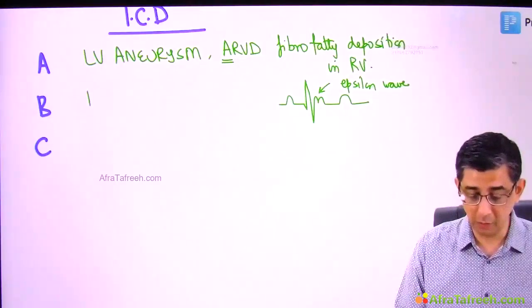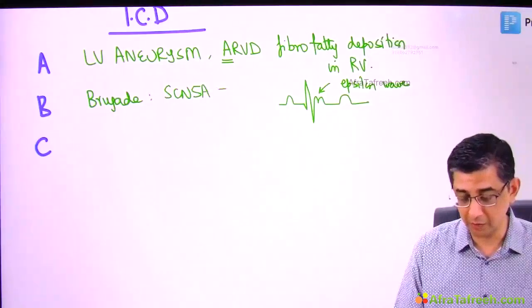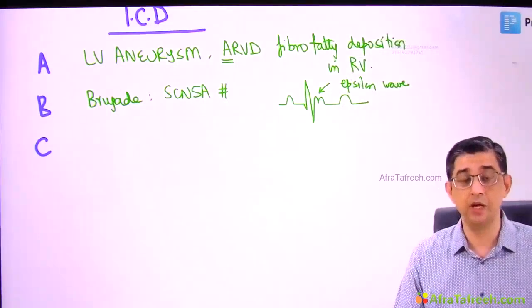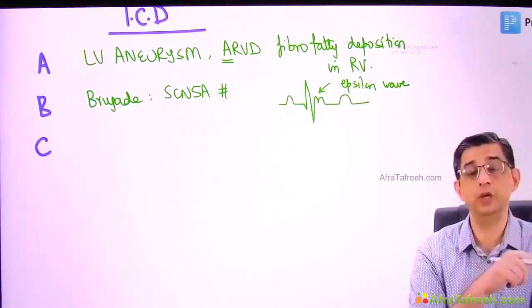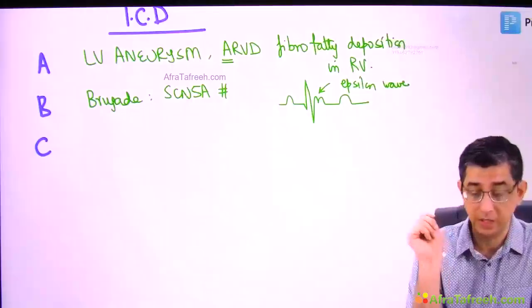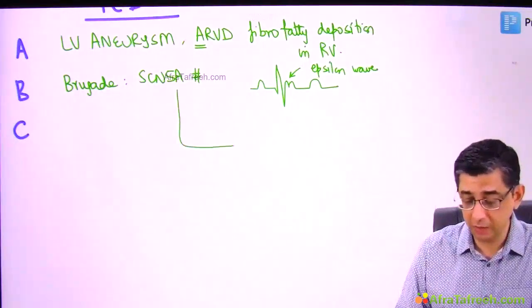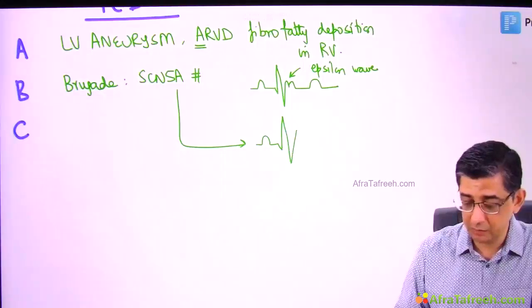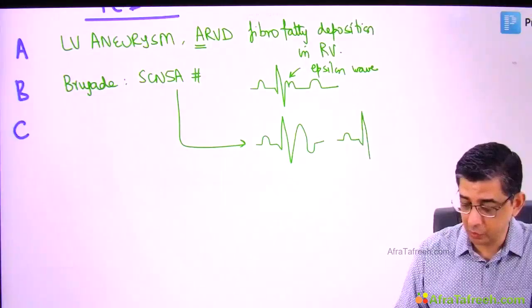Alphabet B would stand for Brugada syndrome. This is a channelopathy. The name Brugada syndrome will very frequently be asked in the exam because there is a sodium channel defect called SCN5A. In neurology, I have talked about SCN4A with respect to topics like hypokalemic and hyperkalemic periodic paralysis. But in Brugada, it's going to be SCN5A. And here again, we will have a very peculiar ECG of ST elevation. But this ST elevation will have either of two patterns. Either it will be called as